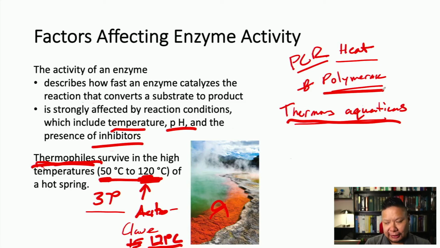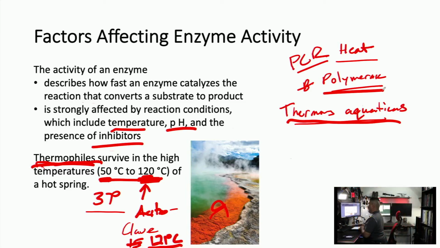You've heard a lot about PCR, because PCR was the premier COVID-19 diagnostic tool, right? That and the antigen test, but the PCR test was far more reliable, because in theory you only need one strand of DNA for it to work. And the first step is that you need to denature the DNA.